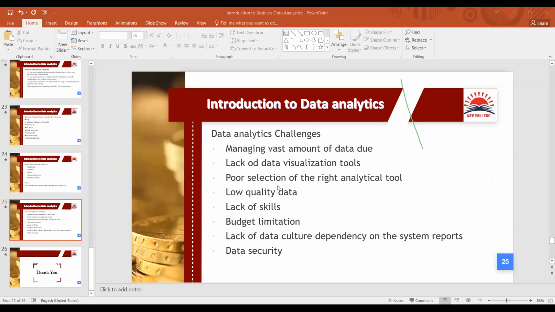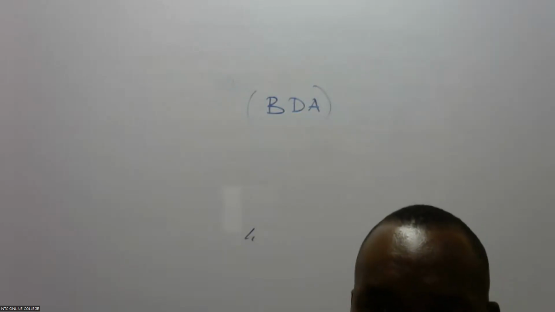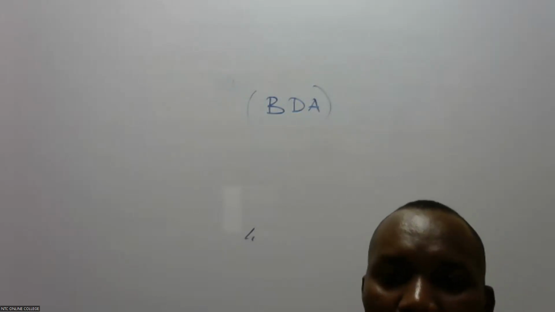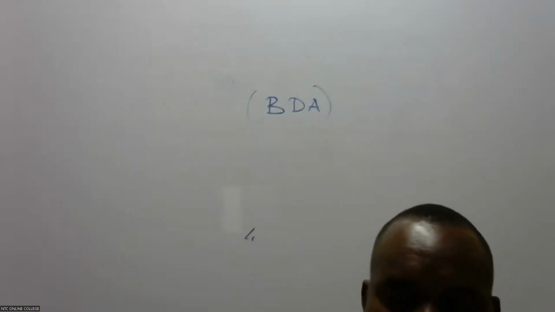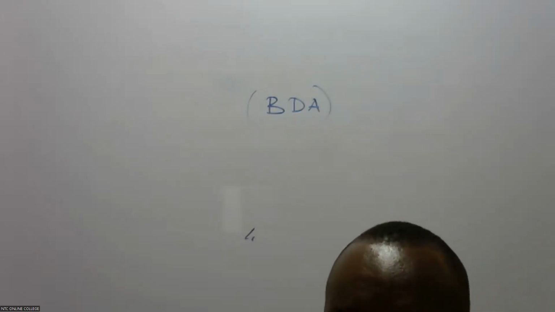So a few of you have asked questions. One was asking about the fee, which is 10,000. 10,000 includes the whole cost coverage, that is the syllabus, plus revision. We shall be revising, of course, the last paper sitting plus the pilot paper. We shall also do a mock paper at the end, just to prepare you well before you meet the main exam. And so we need to clear the syllabus on time, so that we can even revise the mock itself. The next question was about whether data science is a course.